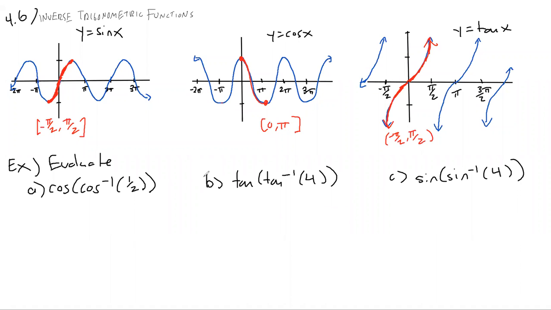So now we're just going to look at the reverse order of cancellation and see what happens here. So for the first one, we've got cos of cos inverse of a half. Maybe again, I'll just rewrite one of these as an arc sine just to make sure you're used to seeing both. Yeah, so cos of cos to the -1 of a half. So if you're parsing what this actually means here, this is